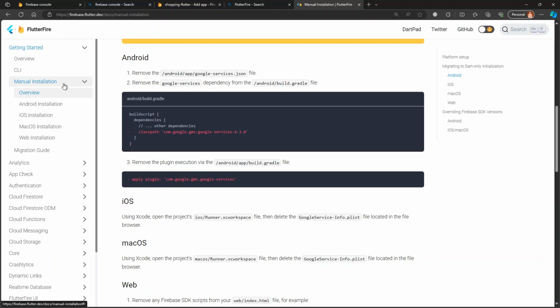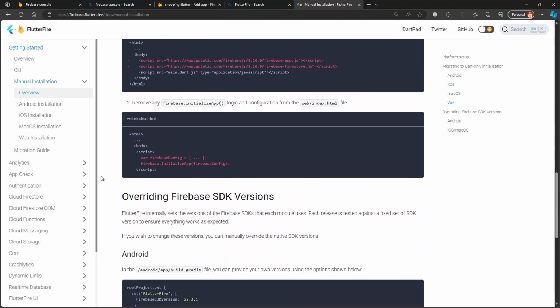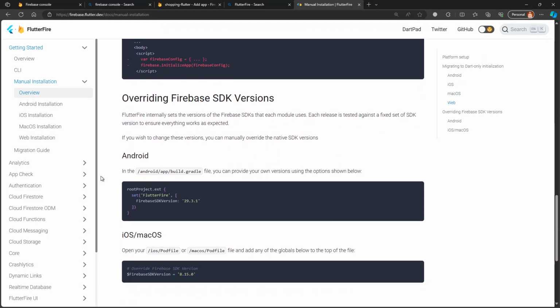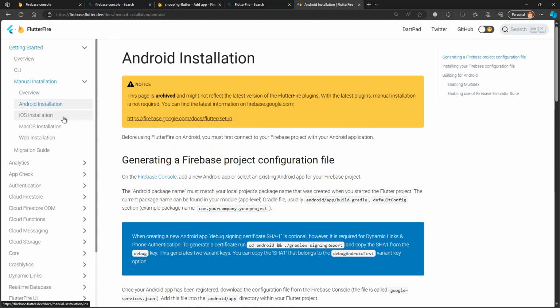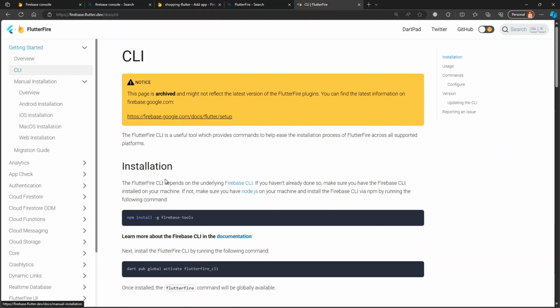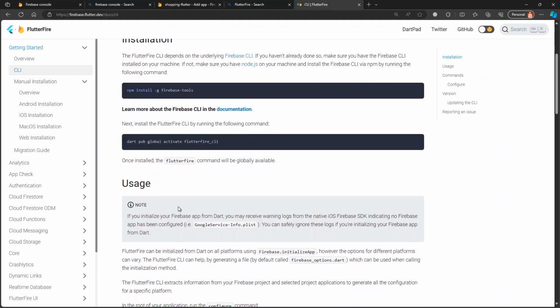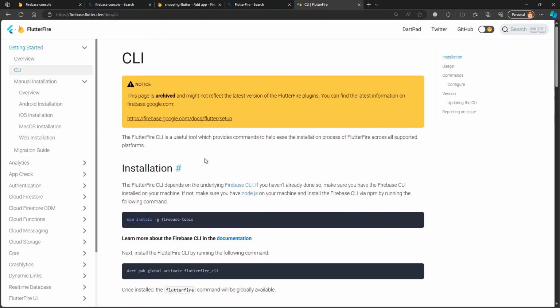Here, if you see the manual installation guide, you can see the installation for multiple platforms like Android, iOS, macOS, and web. You have specific installation methods and code provided, and you can follow this, and it helps you do that installation smoothly. And for us, for Flutter, right? So here you can see the way